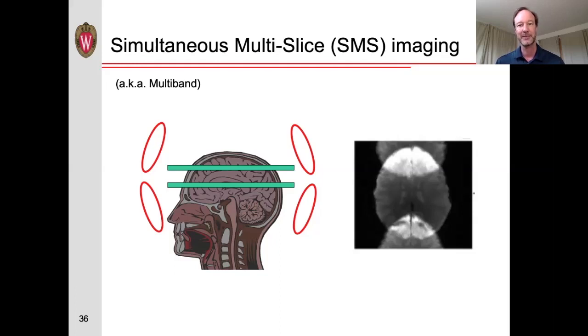And this simultaneous multislice imaging is actually being used right now in 2 very large projects. One, the Human Connectome Project that just finished acquiring data from about 1,200 participants, and the larger Adolescent Brain and Cognitive Development Study, which is acquiring data from almost 12,000 adolescents throughout their development. So you're going to be seeing these sequences